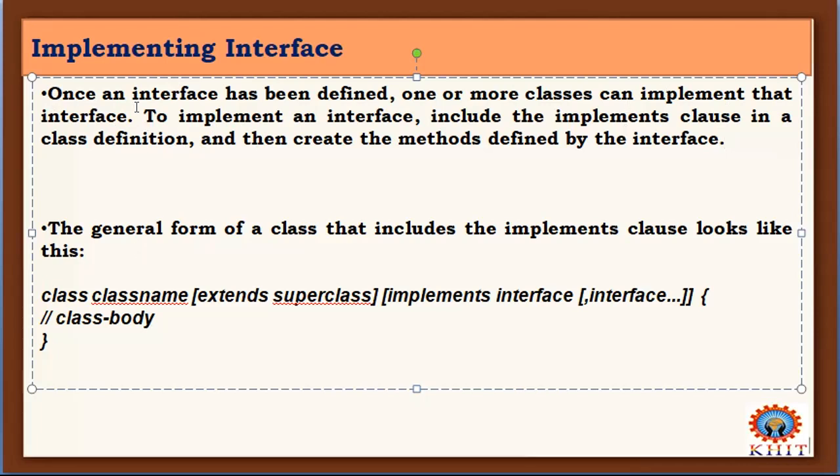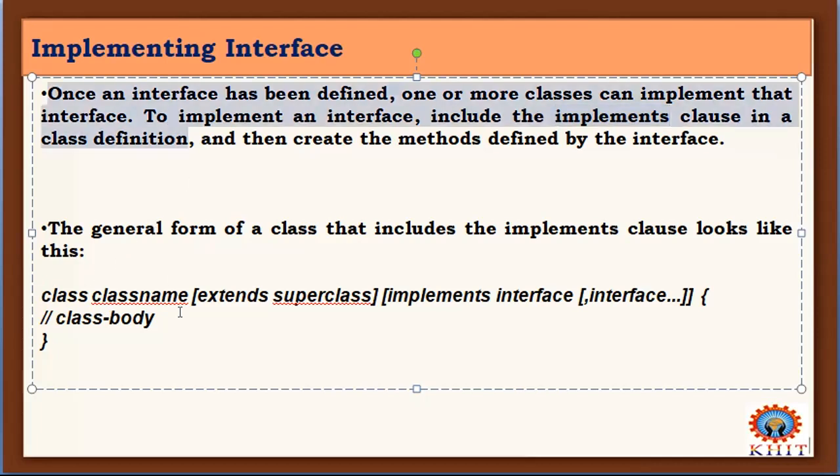So the second point, to implement an interface, you need to write a keyword called implements. Like if you want to perform the inheritance concept, class A and class B, if you want to have an inheritance between class B and class A, what is the keyword we are writing? Extends. So class B extends class A. Similarly, an interface is there.